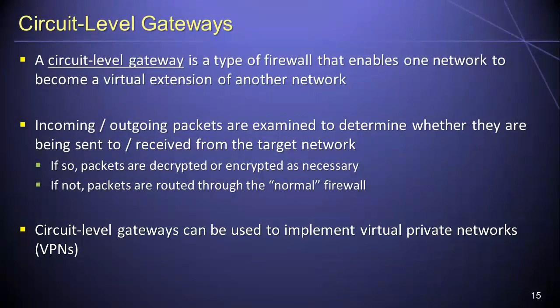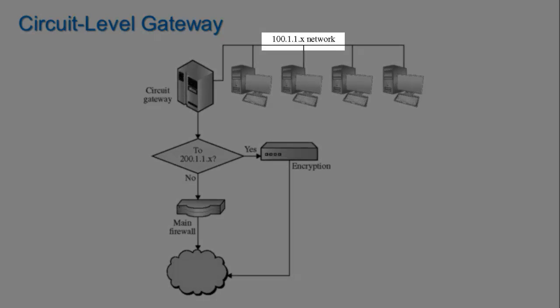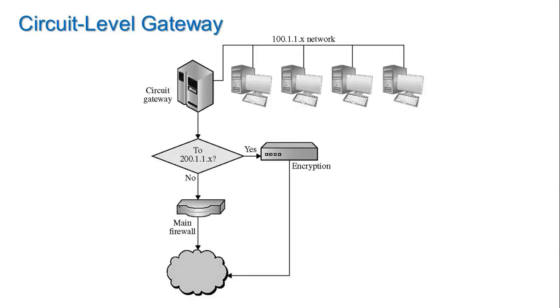As an example of a circuit-level gateway, imagine that an organization has two offices located in two different cities and wants to connect the office networks together to improve efficiency. The local network for each office will have been assigned a subnet address. To create an extended network that interconnects the two office networks, each location could implement a circuit-level gateway using the